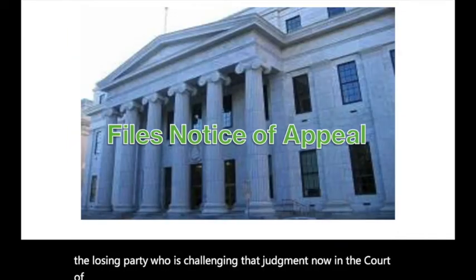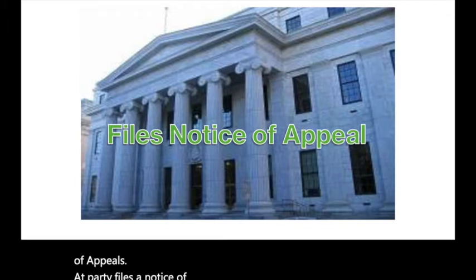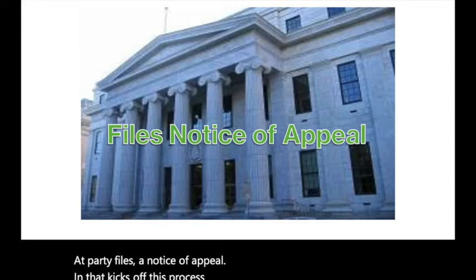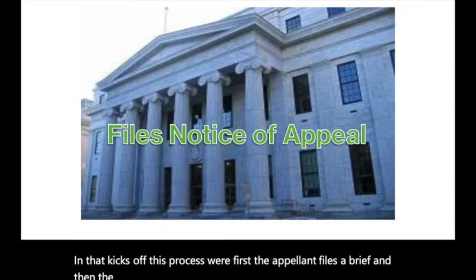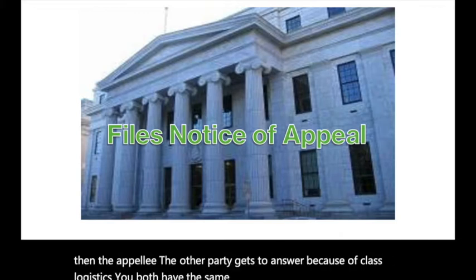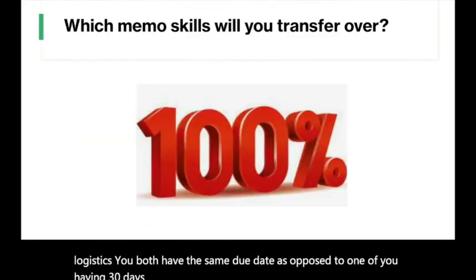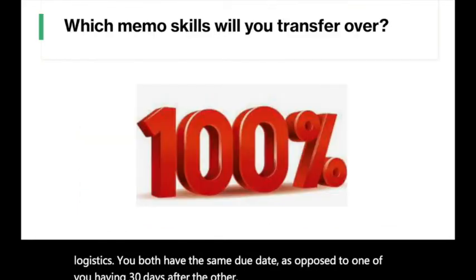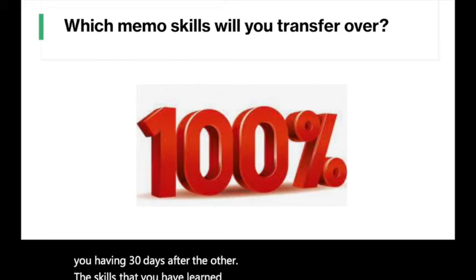That party files a notice of appeal, and that kicks off this process where first the appellant files a brief, and then the appellee, the other party, gets to answer. Because of class logistics, you both have the same due date as opposed to one of you having 30 days after the other. The skills that you have learned so far will transfer over